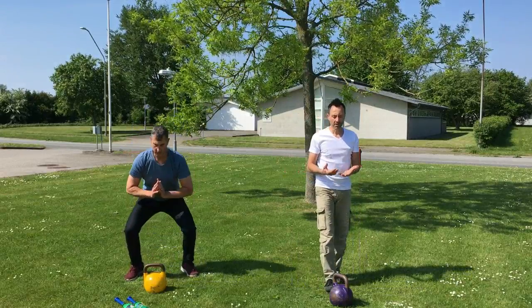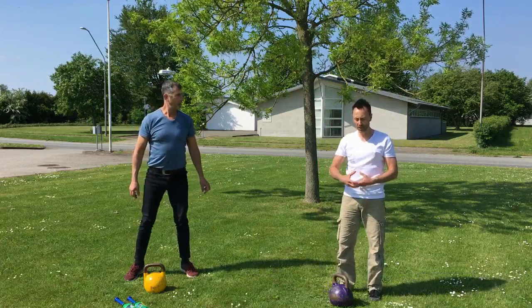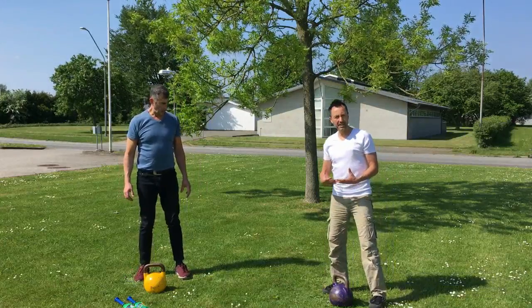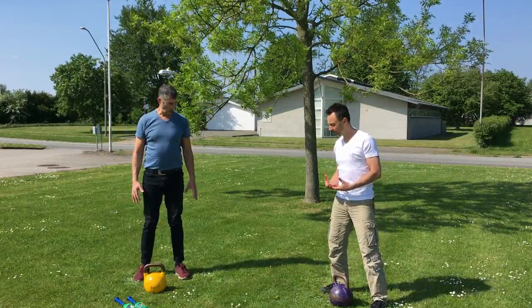So basic, short, to the point. You get most of the joints moving. Now we're going to rehearse the proper groove for the kettlebell swing. So we're going to start with a